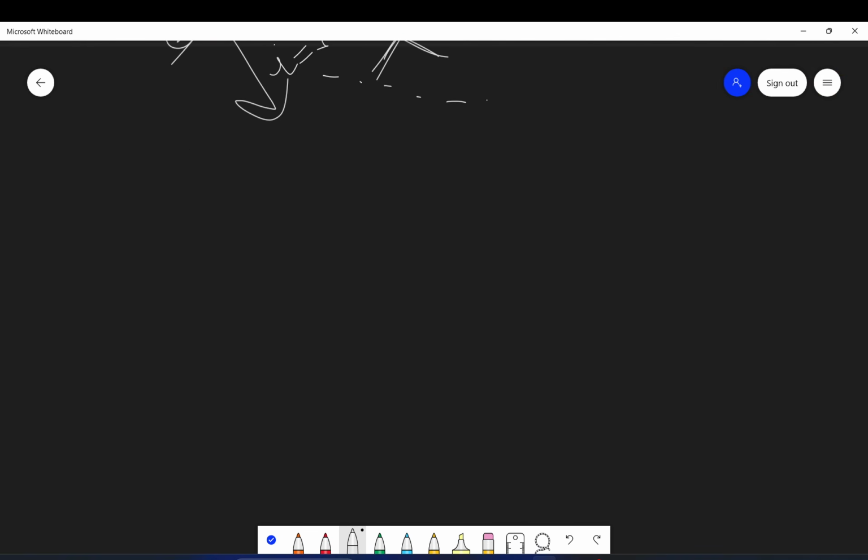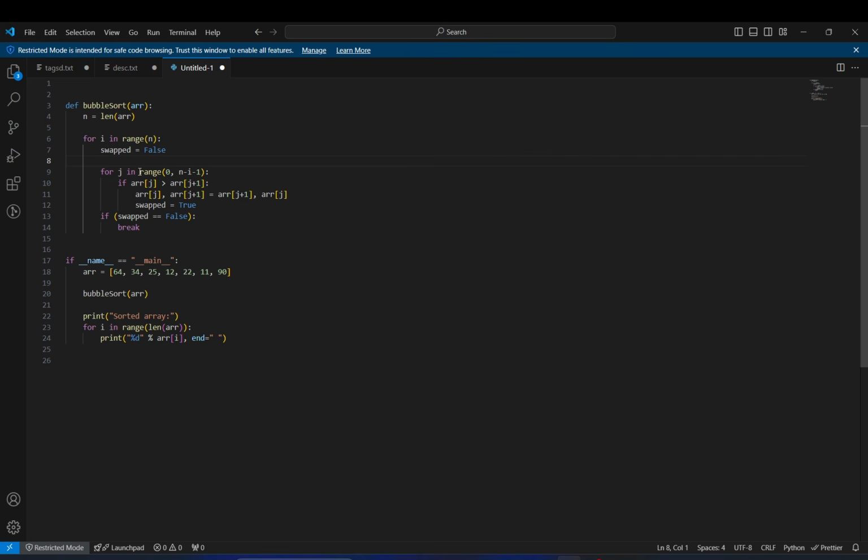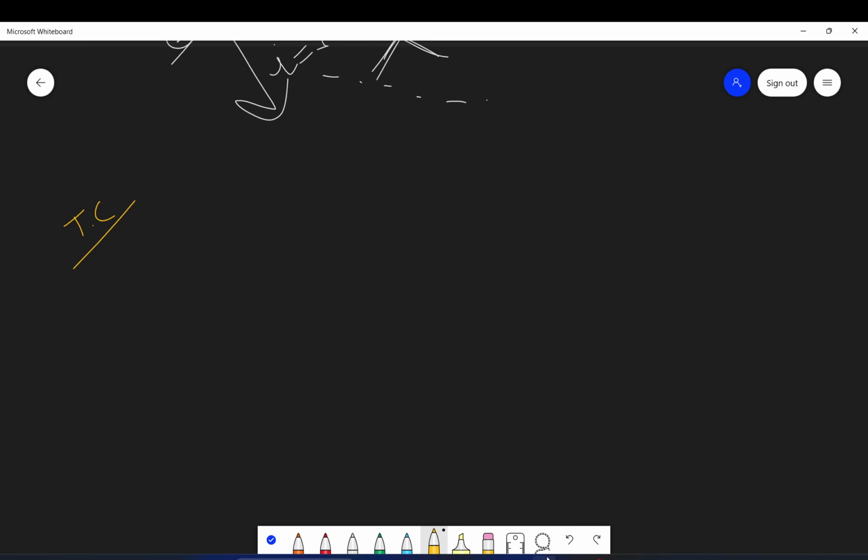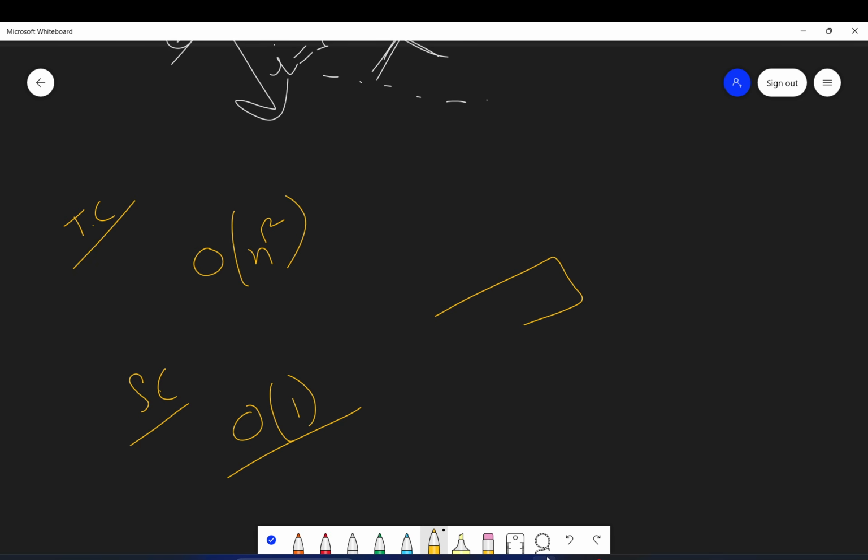Let's understand the time complexity of this algorithm. If you see here, we have two loops, the outer loop and the inner loop, and the inner loop is dependent on i, which is the variable of the outer loop. So this is a nested loop, and we will have time complexity of n square. Space complexity is constant because we are not using any array, list, or any extra data structure to store anything. We only have variables. So when we only have variables, space is constant and time is n square.